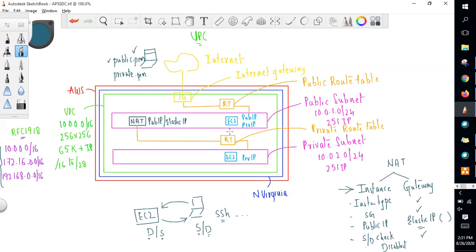To make this subnet public, we added this internet gateway as a route and associated this subnet to this route table, making it the public subnet. And we just associated the private subnet to this route table, making it private, so that the instances in the public subnet will have access to the internet, whereas the instances in the private subnet will not have access to the internet.